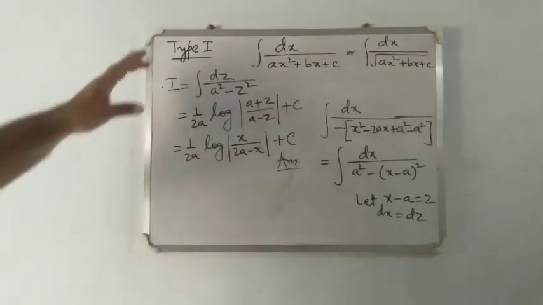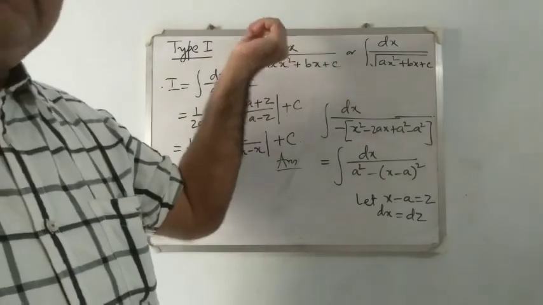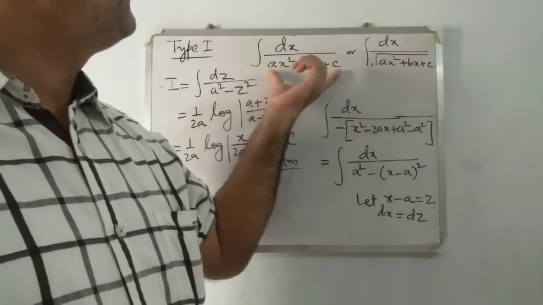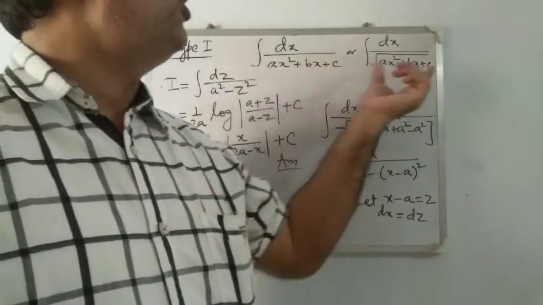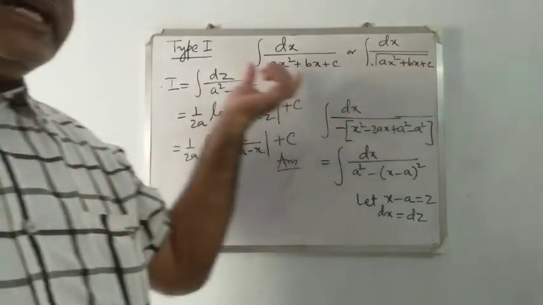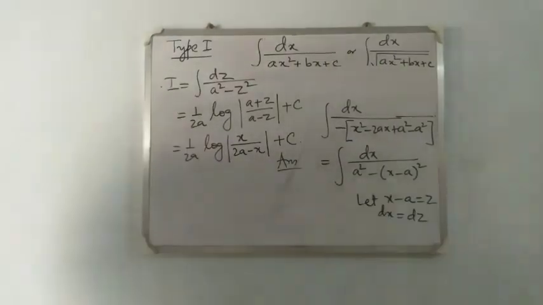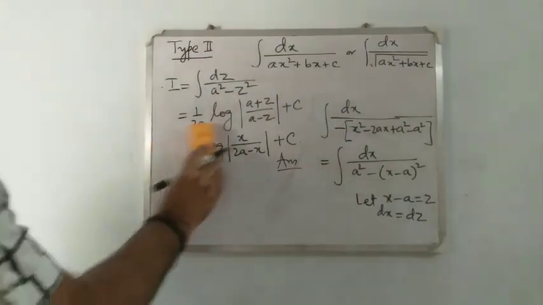So this is type 1, where dx is free from any variable. It may contain some constant, free from any variable, and in denominator we have a quadratic term which exists without radical sign or with radical sign. In both the cases, you have to make it a perfect square. Now, let us discuss type 2. Type 2. Integral